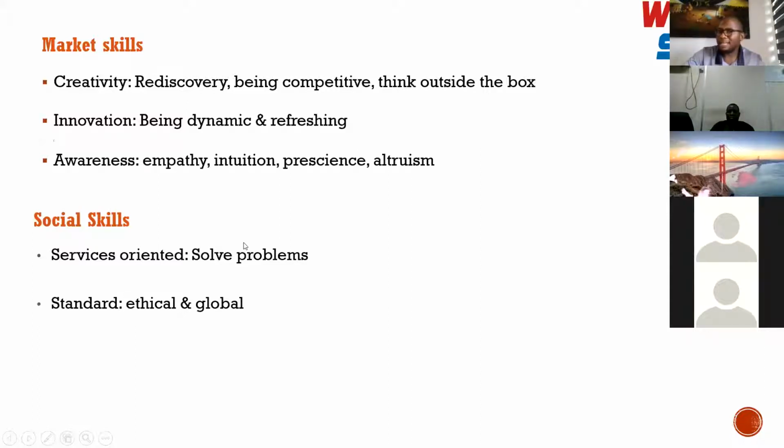I wrote an article on ethics and compliance in the engineering and construction industry. So if you read that article whenever you have a chance, then you will understand that it is very important that as an engineer, you can't separate yourself from the standards, the best standards of whatever you're going to do.